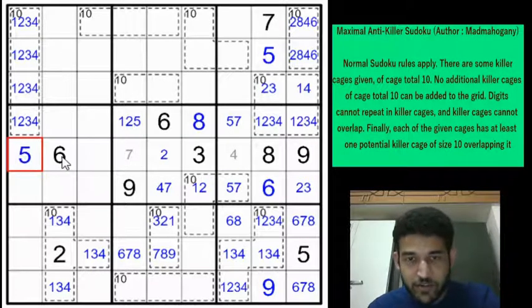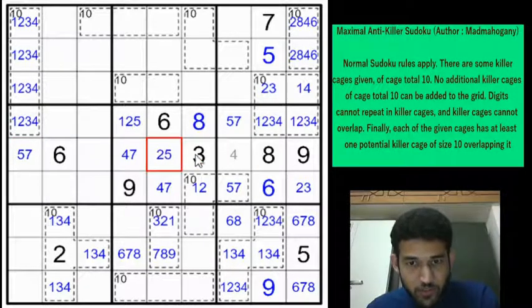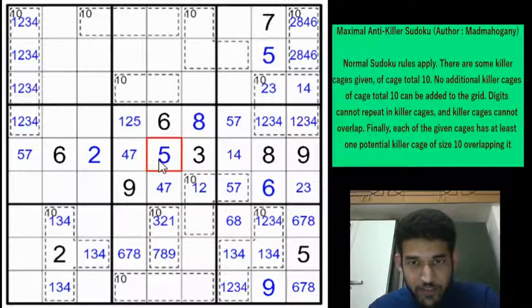This is a 5, 7. This is a 5, 7. This is going to be a 4, 7. This is a 2, 5 and this is a 1, 4, right? So you can't have a 1 here because we just eliminated it. So this will be a 2. That gives a 5 here, a 7 here, a 4 here, a 1 here.